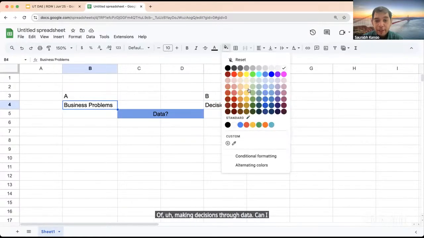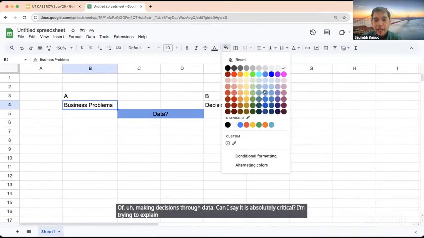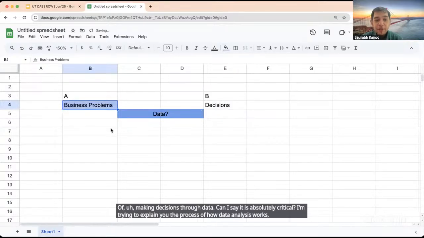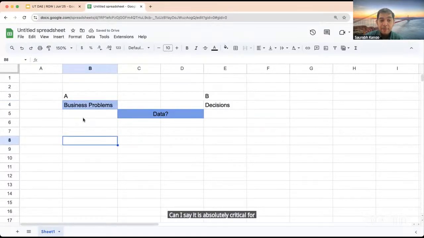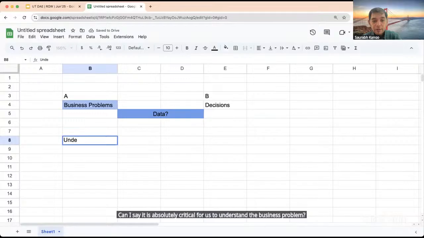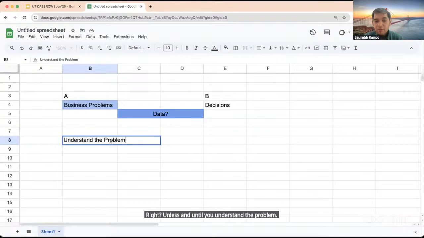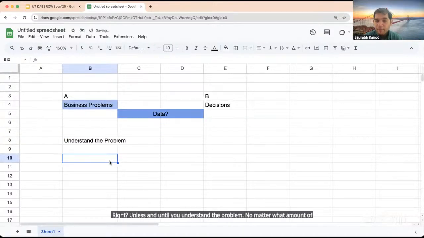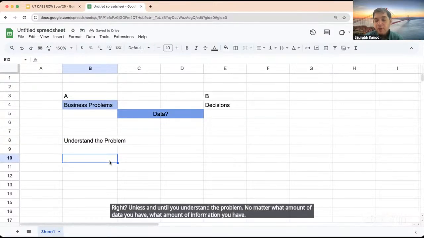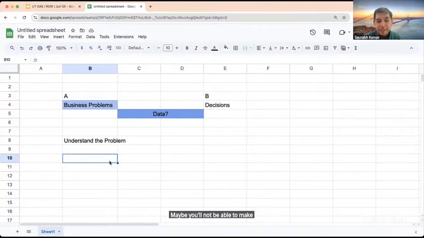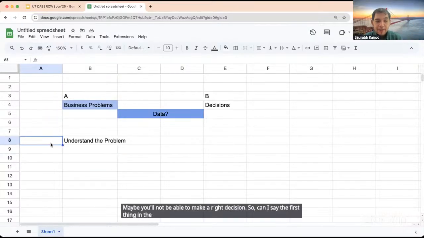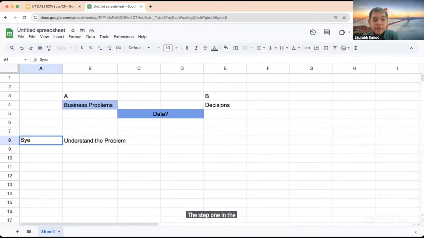Okay, now before we go to this particular part of making decisions through data, I'm trying to explain the process of how data analysis works. Can I say it is absolutely critical for us to understand the business problem? Unless you understand the problem, no matter what amount of data or information you have, maybe you'll not be able to make a right decision. So can I say the first thing in the process, step one, is to understand the